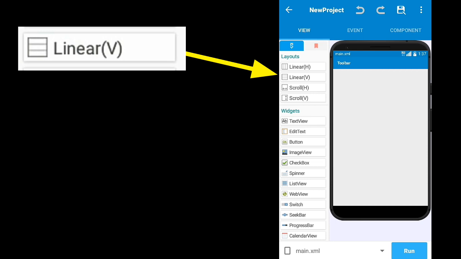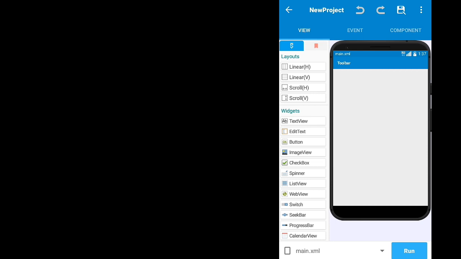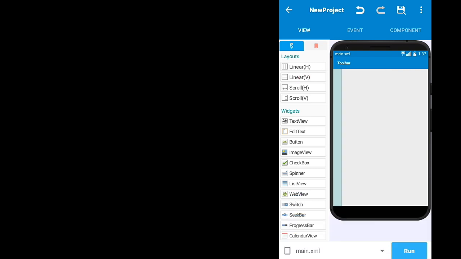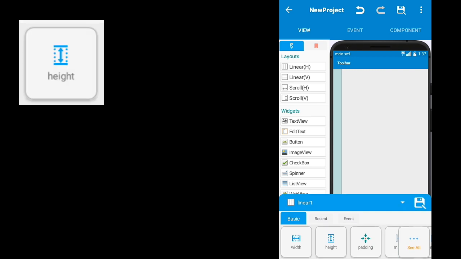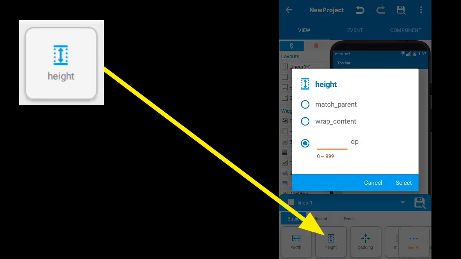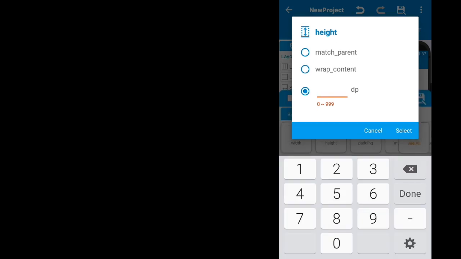Now select a layout called linear B and slide it down to your screen. After you slide down the linear B to your screen, adjust the height of the linear B. It must correspond to the size of your screen. Increase the height of the layout until it corresponds to the size of your screen.